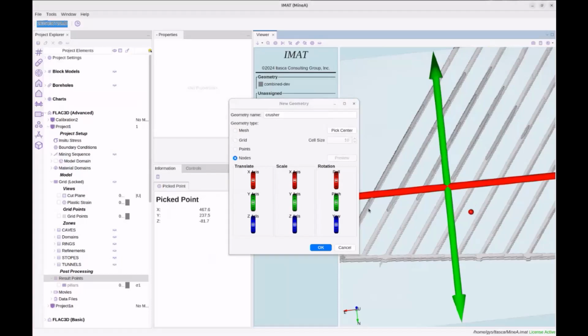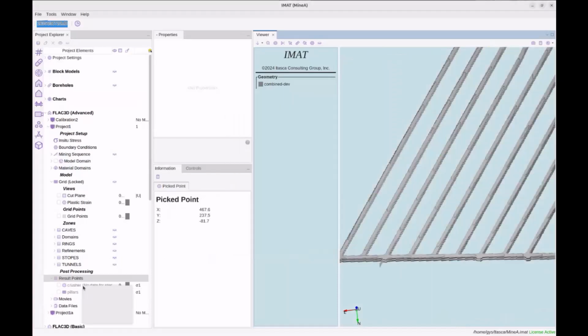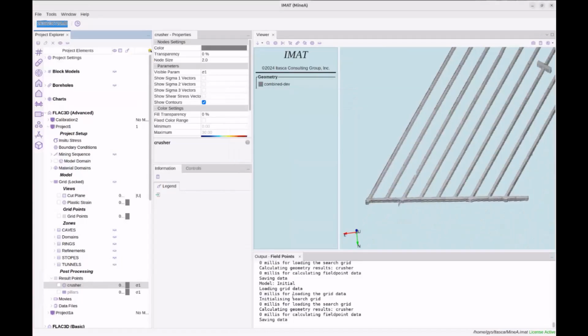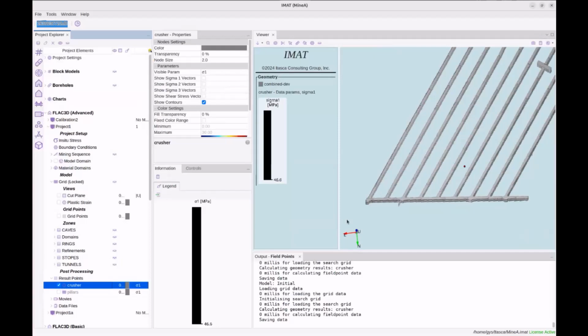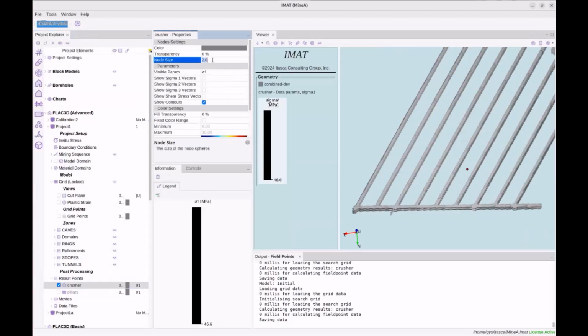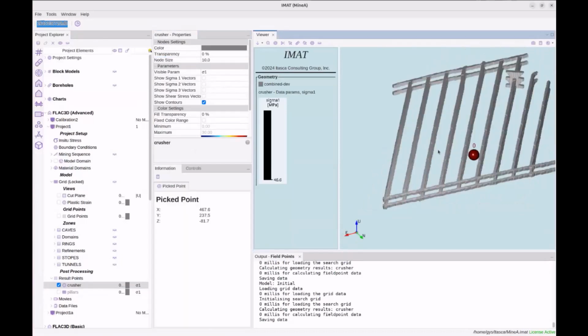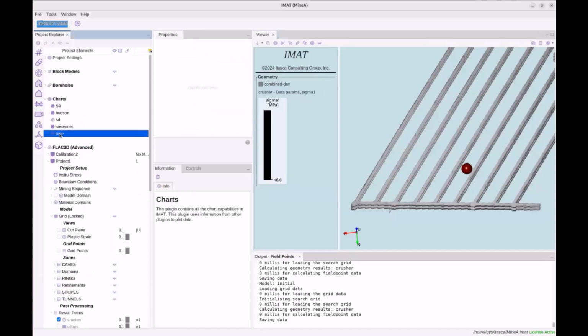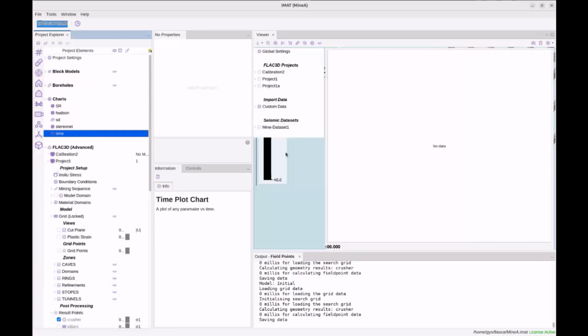Somewhere down here. Okay. Again, I'm going to interpolate my results onto it for all the mining stages, which is quick. It's already done. So there I've got my node. And what I might do is I'm just going to make my node slightly bigger, make it 10. There we go. You can add as many nodes as you like. You don't have to add one. You can click multiple nodes. But what's quite useful now is the time plot. So if I open up my time plot chart,